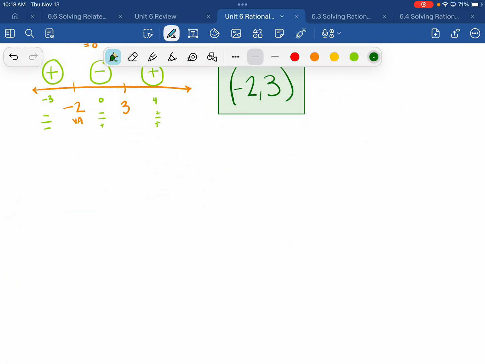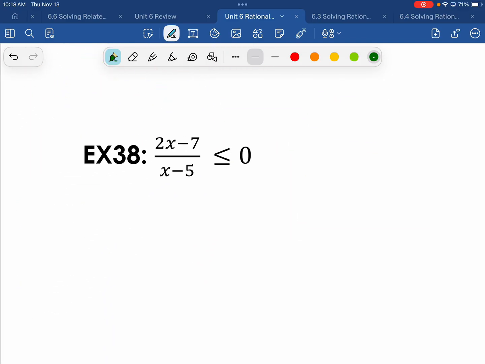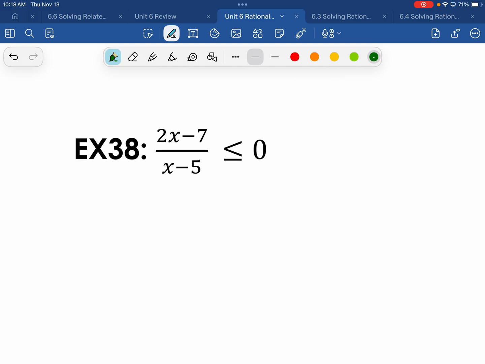All right, let's go down to 38. On 38, it is less than or equal to 0. So do I want the negative or the positive? Negative. Negative again, because it's less than. All right, everything is already factored for me, so I can go ahead and find